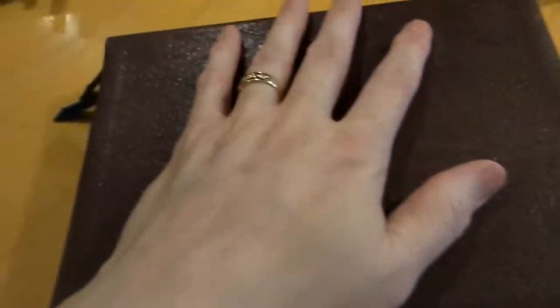I like the grain better on this, but I like the feel of this one better, and the grain is pretty. It's just not as shiny. But yeah, it's very nice. Anyways, I'll end this video with that, and I'm going to show the Open Bible next to the Thompson Chain, and why I like the Open Bible a bit more than the Thompson Chain, but they're hard to find good ones. So if you're looking for a good Open Bible,